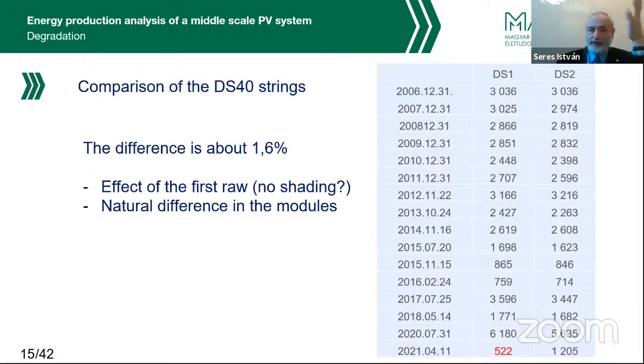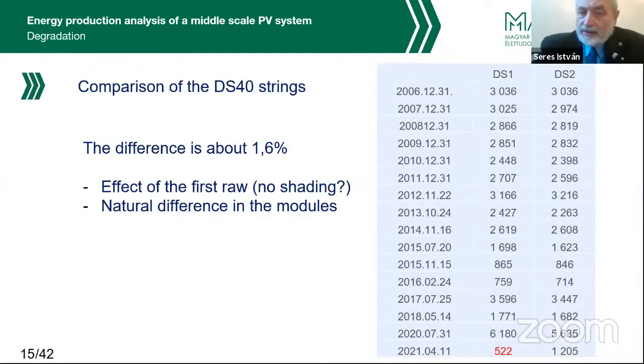In this slide, you can see the differences between the two Dunasolar subsystems. These subsystems are theoretically identical. However, one part of it is slightly higher than the other part. In the last period, we had a phase problem that we could not recognize, and that is the reason why I did not use this in my calculation. They are theoretically the same, but of course there are some slight differences between them.